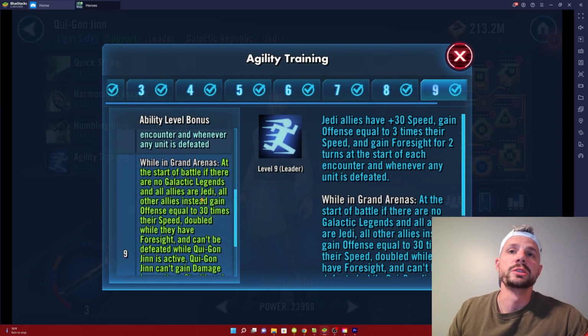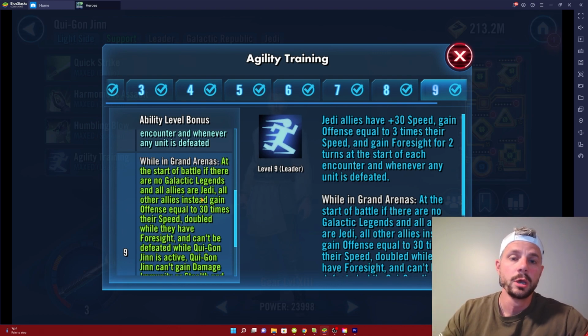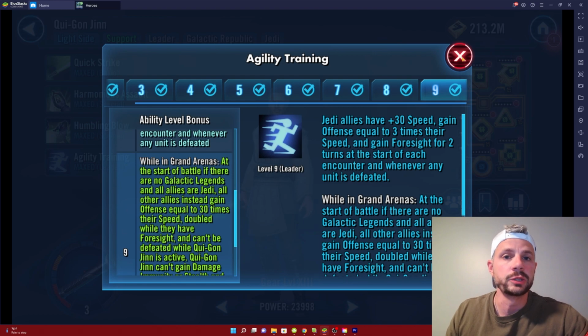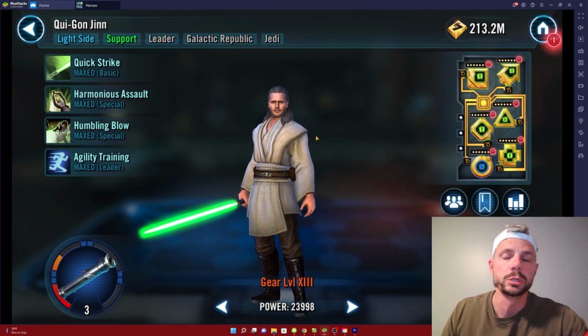Omicron. Guys, this Omicron, while in Grand Arenas, is a game changer for Jedi. It basically can give you a free team. It really bonuses up the Jedi that are a little lackluster, and Jedi Knight Anakin turns into a wipe-out-the-entire-other-team nuke. So play around with that, but Qui-Gon Jinn is required at Relic level 3 for Jedi